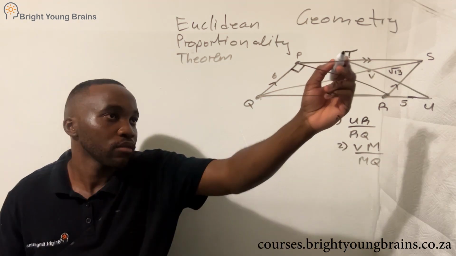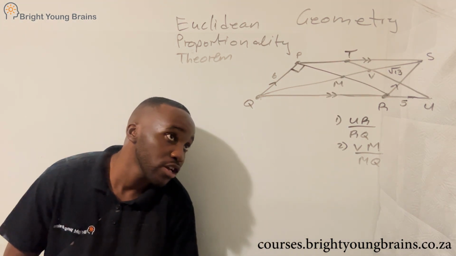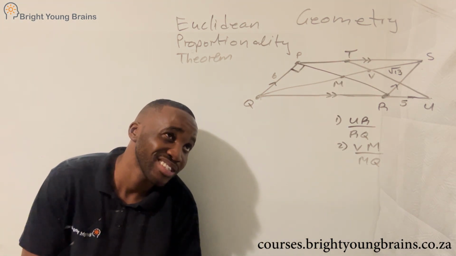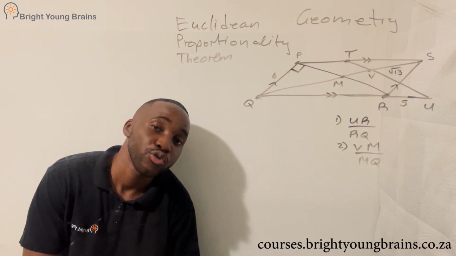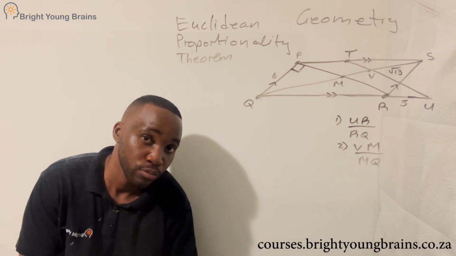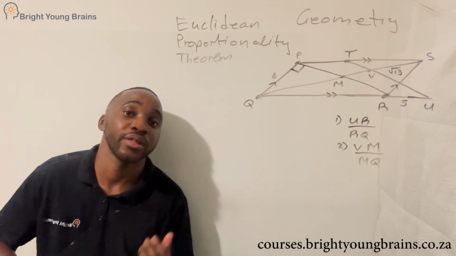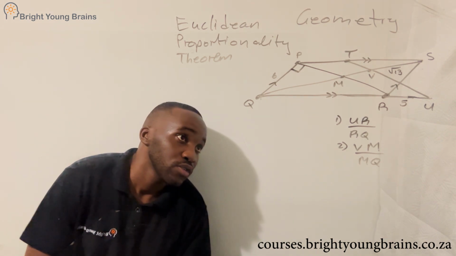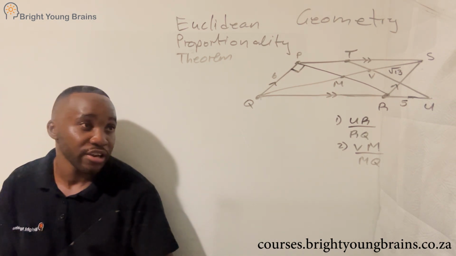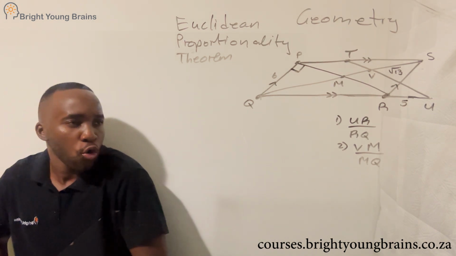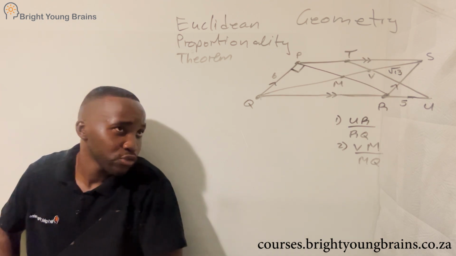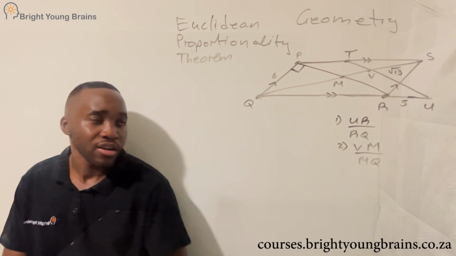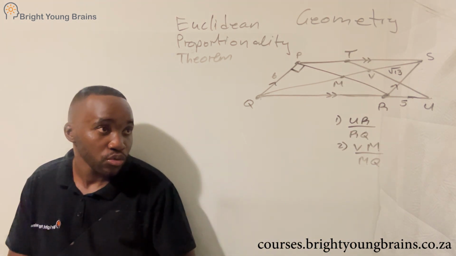PR and its point is T. PR and TU, they have not told us that those are parallel. Even though they look parallel, they haven't told us that they're parallel. So we have to be careful not to assume they're parallel. But anyways, with all this information given, they want us to give a ratio for UR over RQ. So where is UR? UR is there, RQ is